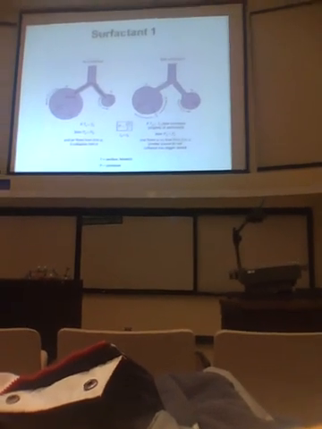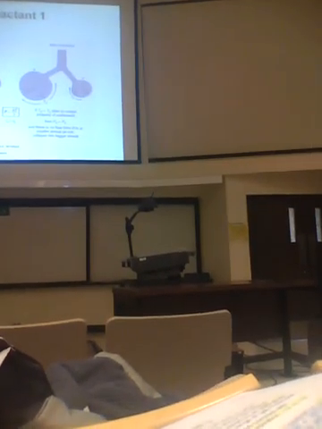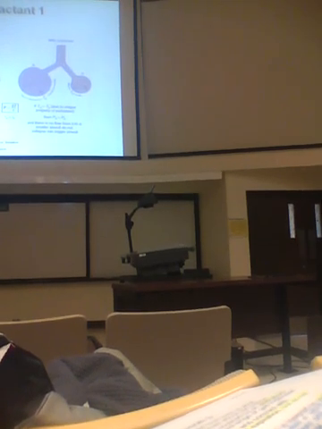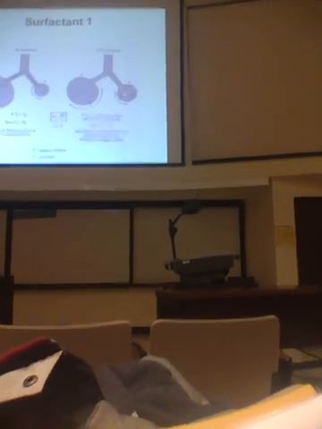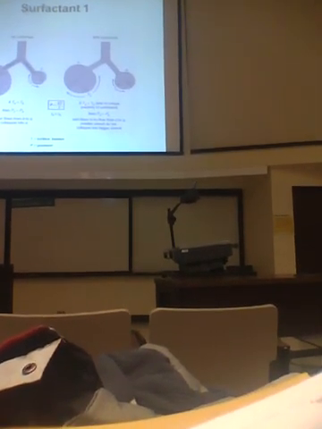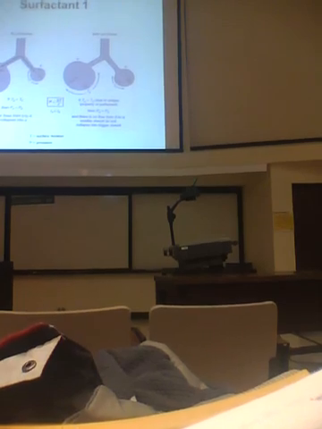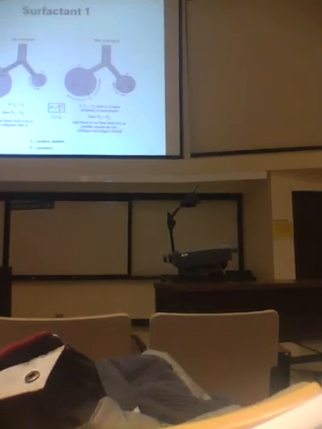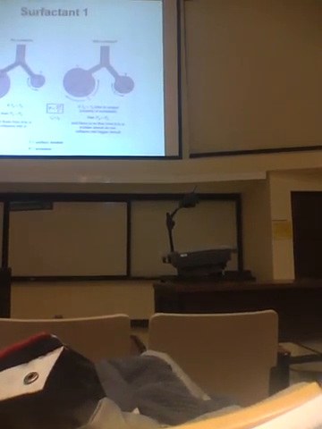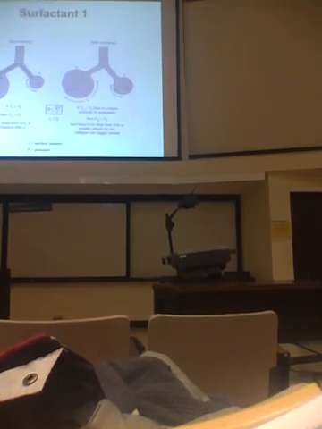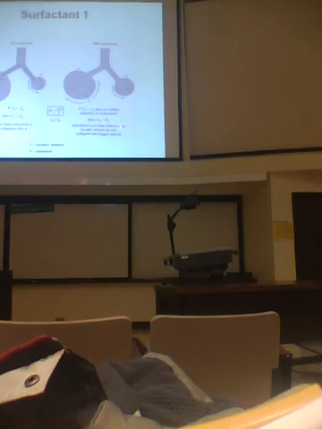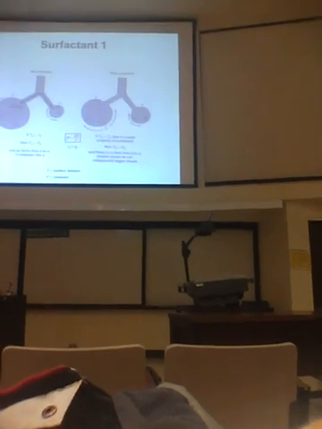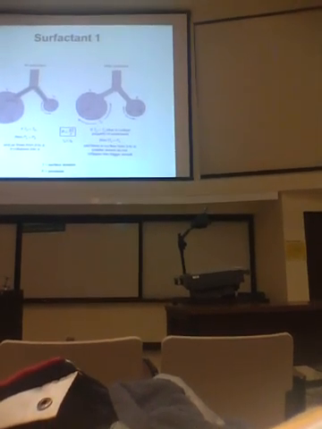If you have surfactant, then the surfactant coats and changes the surface tension in these balloons depending on their size. And so now the tension in A is larger than the tension in B, so you have low surface tension here, and then the pressures become equal. So you manipulate the T on the top here with surfactant to equalize the pressures in the large and the small alveoli, and so there's no flow from B to A. They both collapse at the same rate. And so regardless of the size, you have